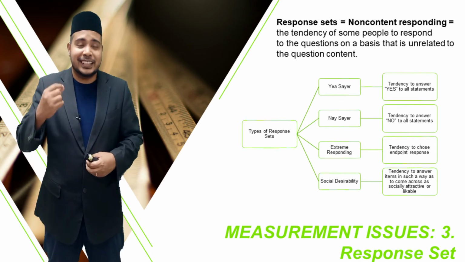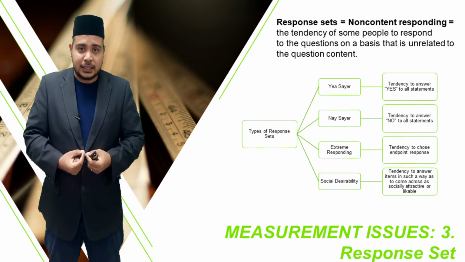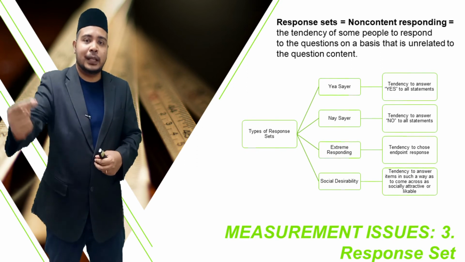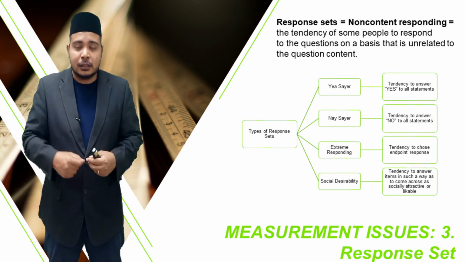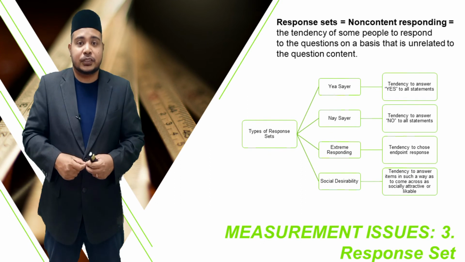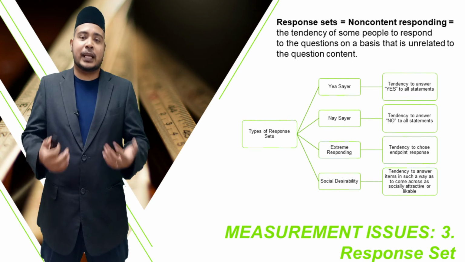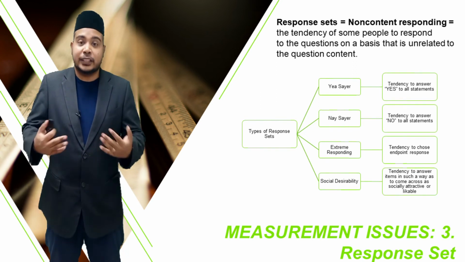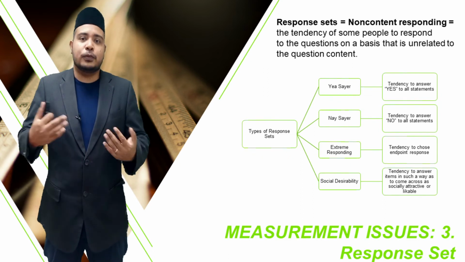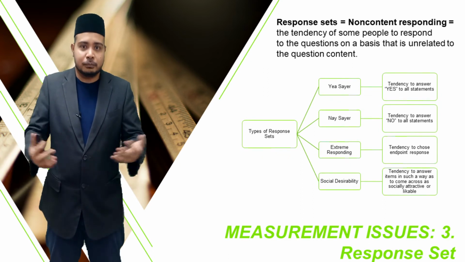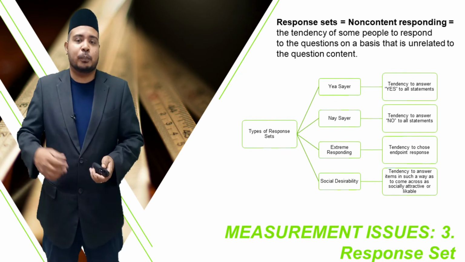Social desirability is our tendency to answer according to what people expect as good, what people expect as likable, what people expect as attractive. Okay, say for example, we want to know the personality of someone or attitudes towards pets, or cats in this sense. If you ask a macho man, for example, do you like cats? Do you like to pet cats?